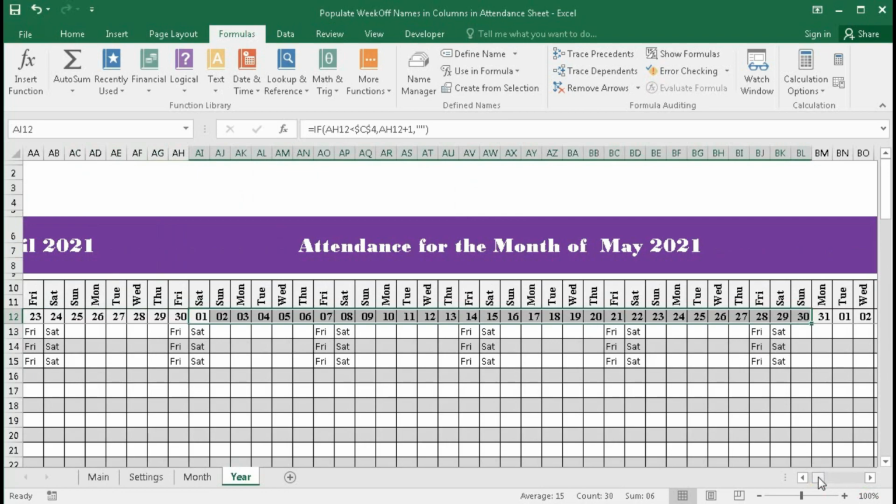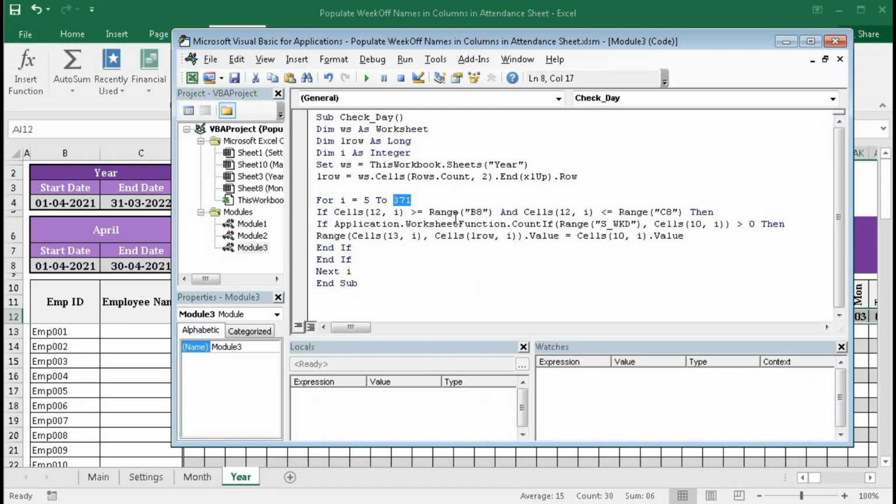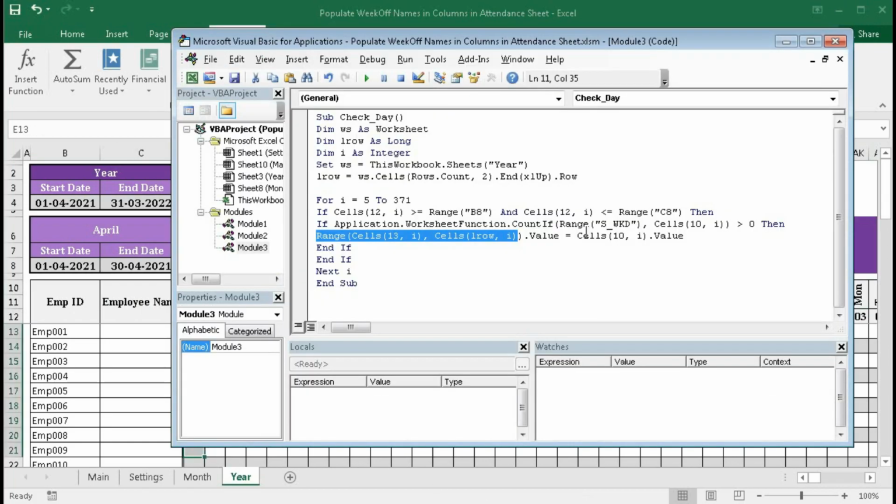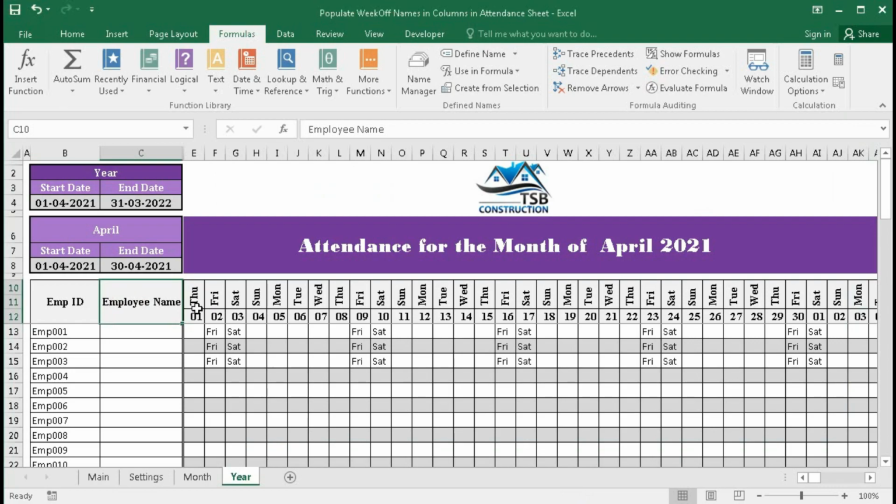That's why we have used this value, greater than B8, less than C8. If it matches, then it will check another condition, that is if this formula returns the value greater than 0, then this range will be populated with this cell's value. That means this range is this one, and this cell is this one, 10i.